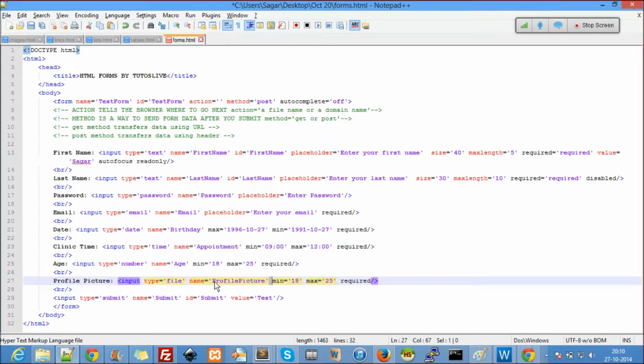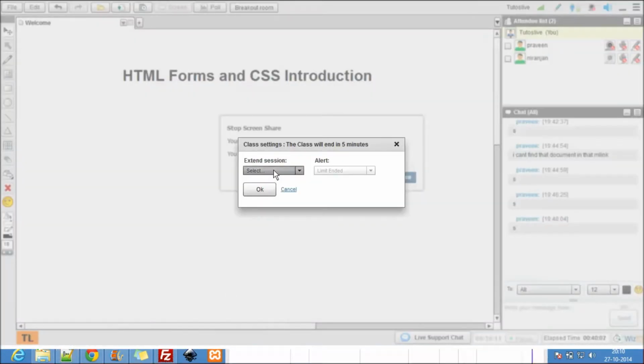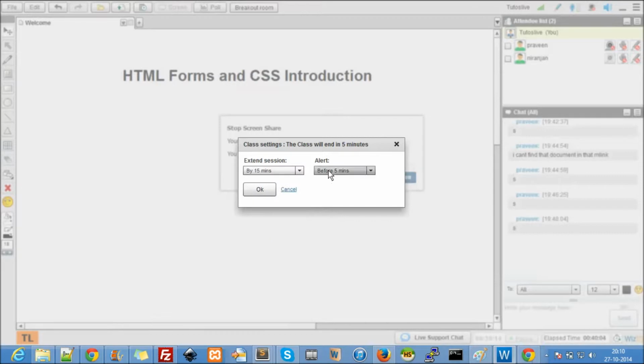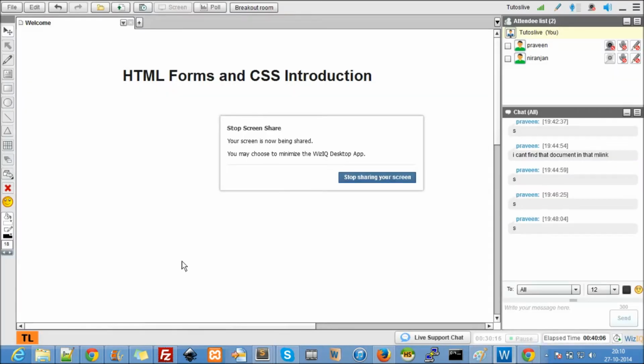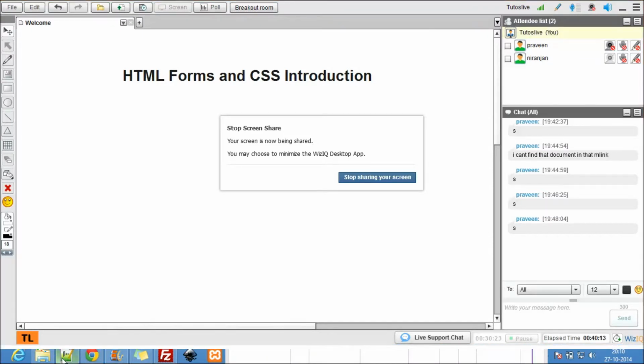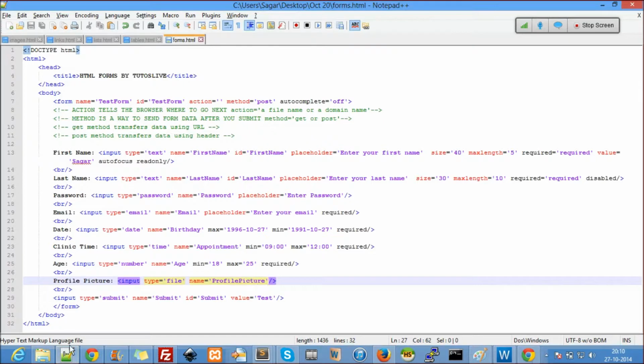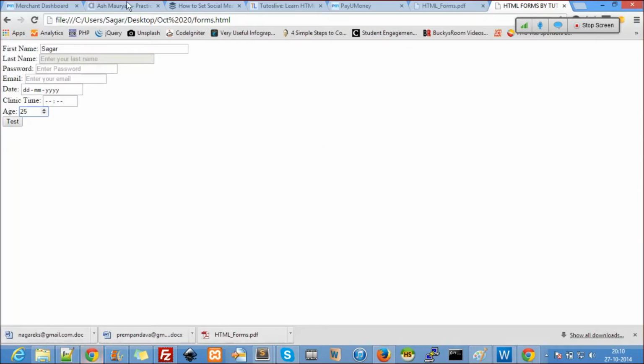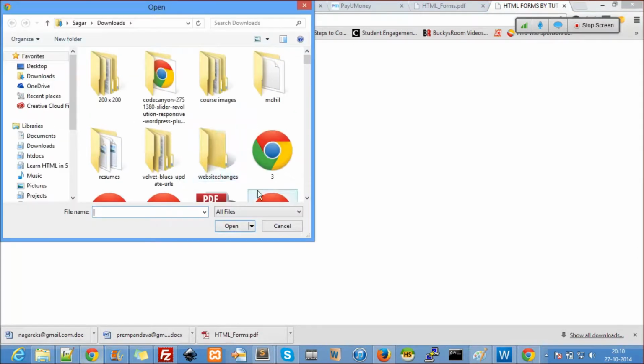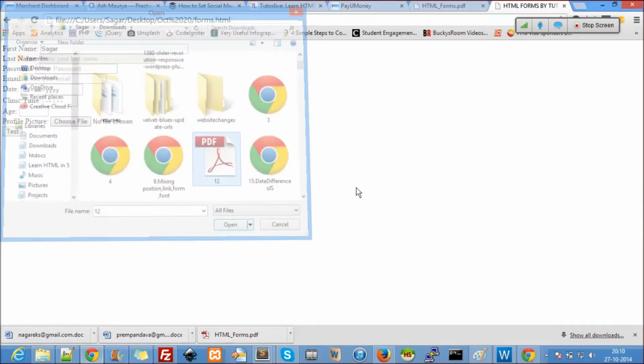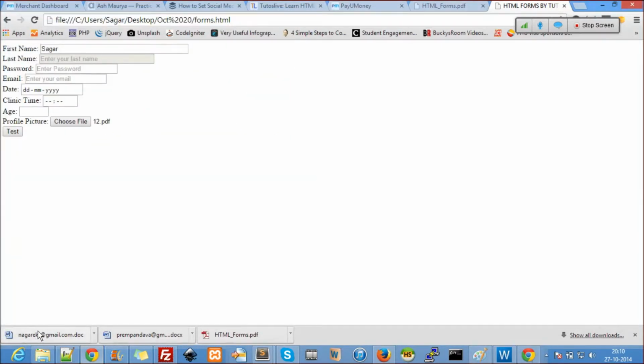There's no max and no min, nothing is required for this, only these 2 factors. Let's see now. I'll just refresh this. You see profile picture, you can choose file here. So this is how you upload files.